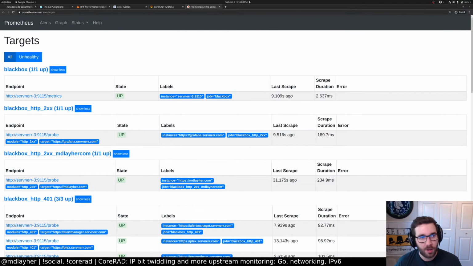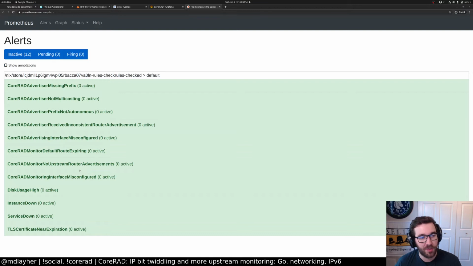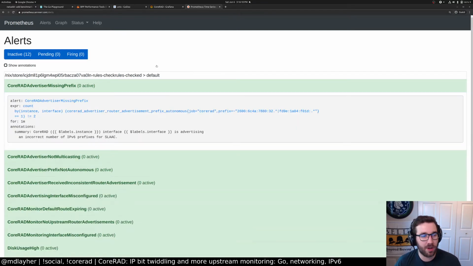If I go to my Prometheus alerts now, we have lots of alerts set for possible bad conditions in the network. For example, if an interface is not advertising two prefixes, the prefix of my /56 from Charter as well as my /48 ULA, I want an alert, because that verifies that a prefix has fallen off an interface, which for some reason keeps happening to me. DHCPCD will, for some reason, drop a prefix delegation to an interface, and I have no idea why. If I restart it, it'll come right back. I want to swap that out for networkd, I think, but I just haven't done that yet.